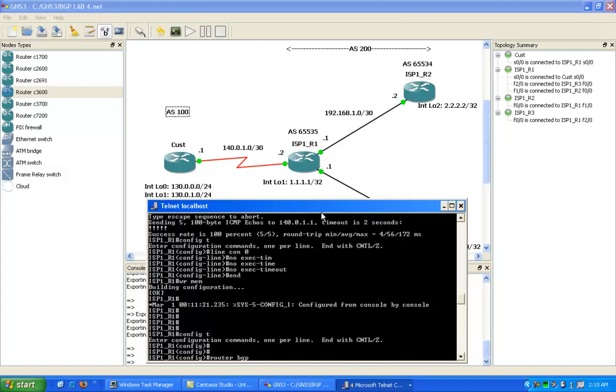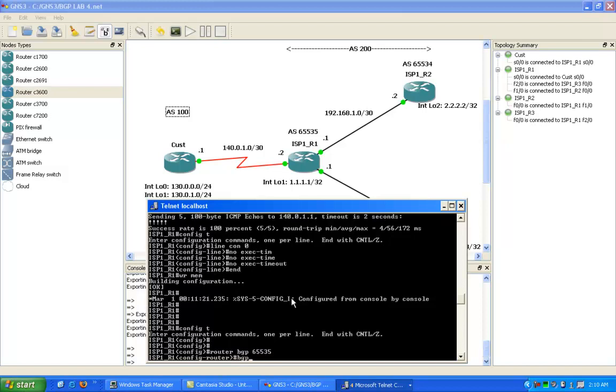So we need to understand that when we enable BGP, we're enabling it on the sub-autonomous system number. Instead of regularly just configuring router BGP for AS200, when we're using confederations, the sub-AS number goes in place here. So we'll do router BGP 65535, and under here we're going to do